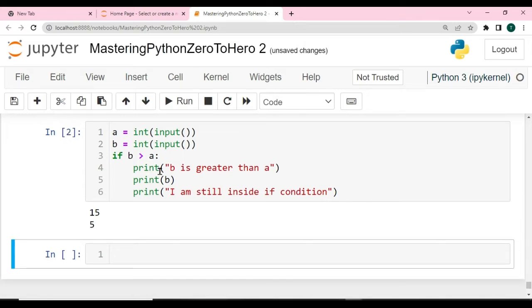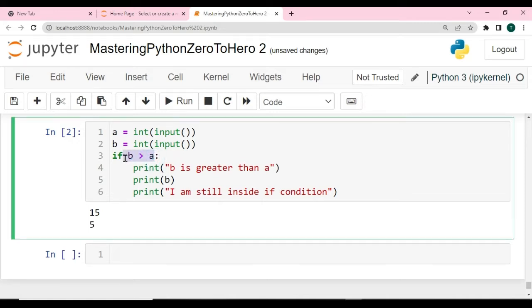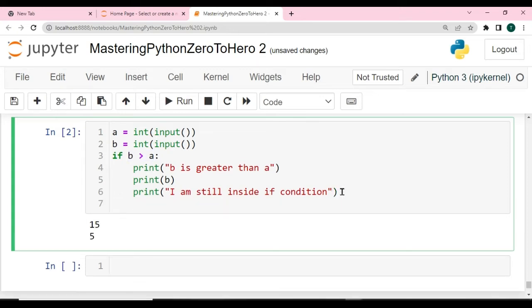So since this is false, there's no message for you, so this will not be printed. Since this condition over here is false, this will not be printed, because we say if this is true, print this. But right now this statement is not true, so this is supposed to jump to a... so let's add this to it. So enter. So print. If this is not true, then jump straight to print,